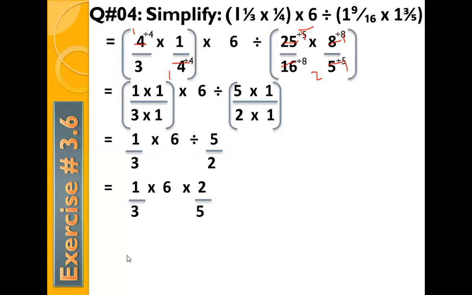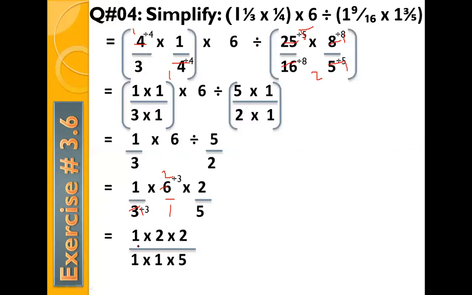But in this step, I can do this. How? 3 ones are 3, 3 twos are 6. That is very simple. So what I have done, I have divided this 3 by 3 and this 6 by 3 as well. Now what will be left here? 1 multiply by 2, and this 2. And then what do you have? 1 multiply by 1 multiply by 5. Where did this 1 come from? Nothing is written here, so it means you have 1. So simply you will write 3 multiply by 1 multiply by 5.